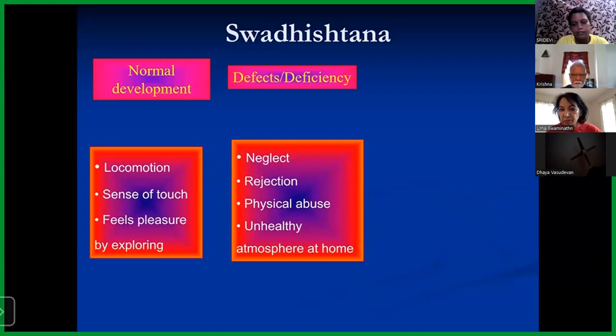See, the parents may be having two or three children already. They will probably be expecting the fourth child to be a boy or a girl. If it is not that, automatically the parents get vexed. Then they start hating the child. Hating not verbally, they simply ignore the child. What happens? When the child is not supported while walking, the child feels the rejection. I am being rejected. That actually gets registered permanently in the child's mind.